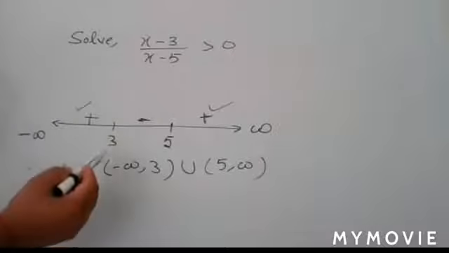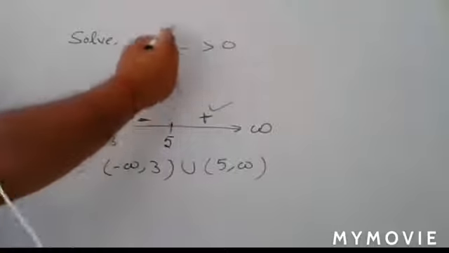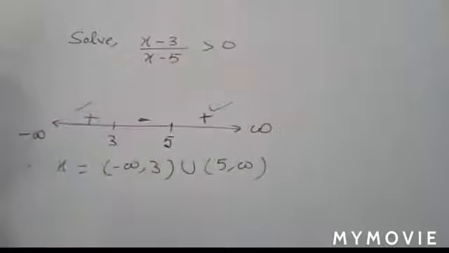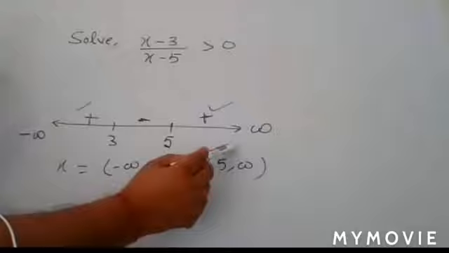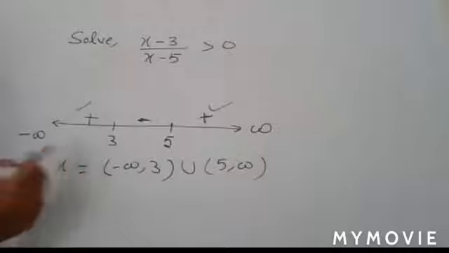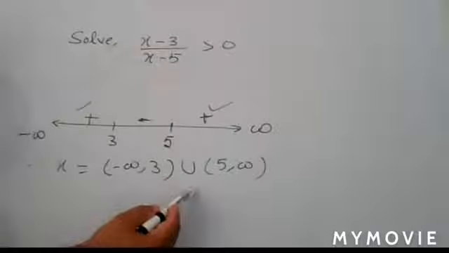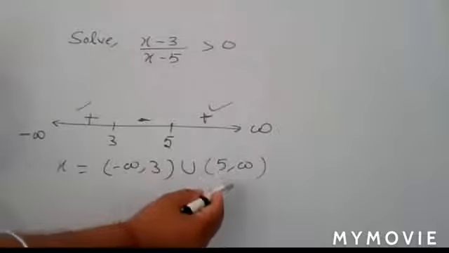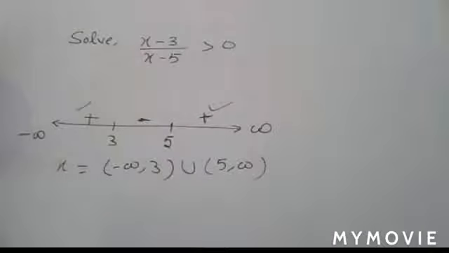Yes, after writing like this, now come to the value of x. Now again you see your fraction, the complete fraction is given greater than 0. Greater than 0 means positive. So your value of x lies between this positive interval and this positive interval, these two intervals. Okay, so your first interval is what? Minus infinity to 3. Minus infinity to 3, so you write here in an open interval. Then you write here union, and this interval 5 to infinity. And that gives your solution. Getting?